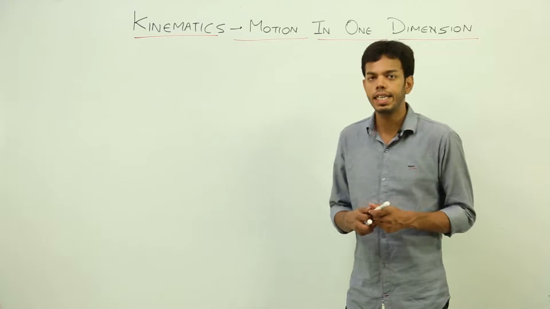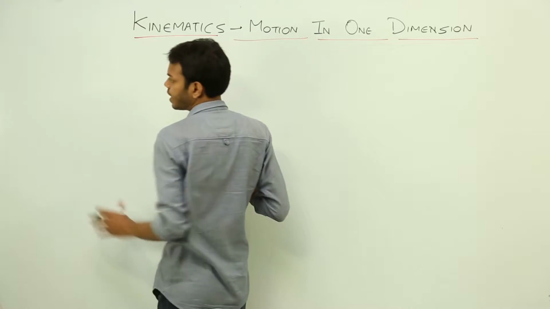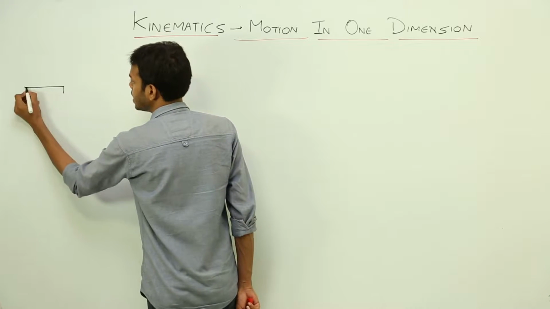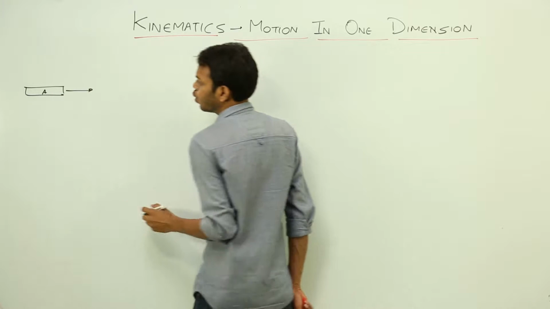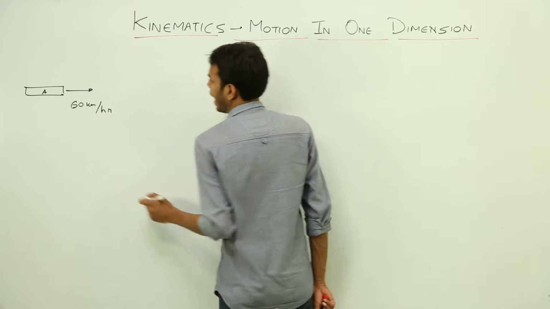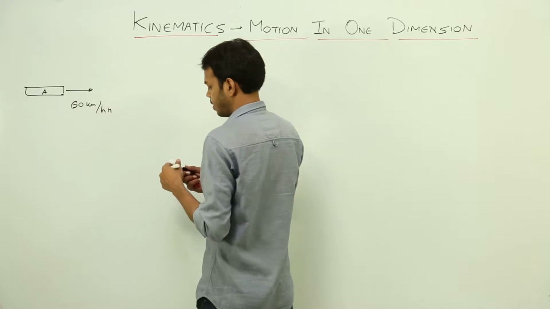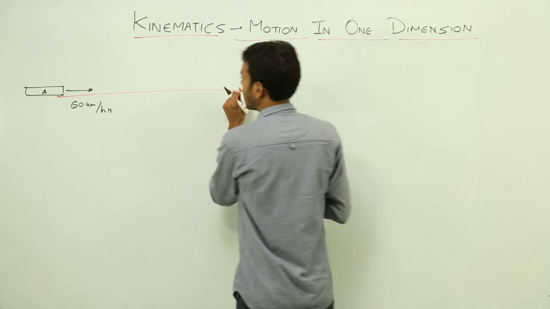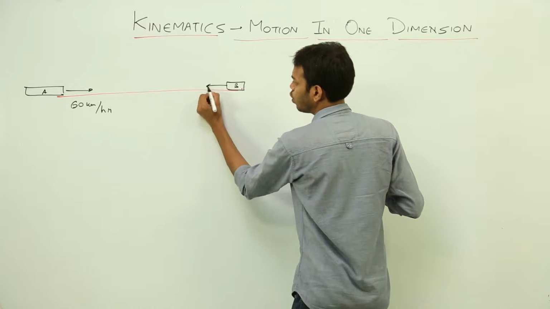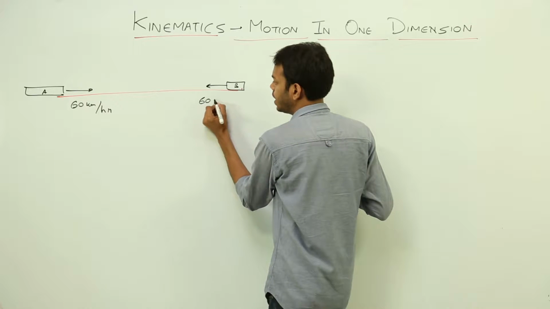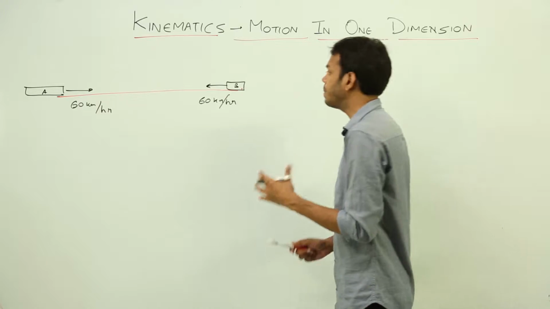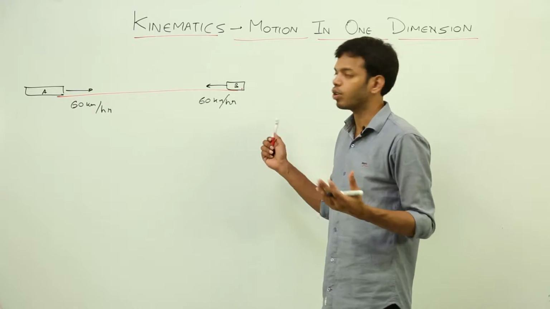Now that we have studied relative velocity, let's do a very interesting question from relative velocity. In simpler terms, suppose there is this train A which is moving at 60 km per hour, and on the same track we have another train B which is moving towards train A with the same speed, 60 km per hour. Now both are on the same track, that means obviously both the trains are going to collide in a